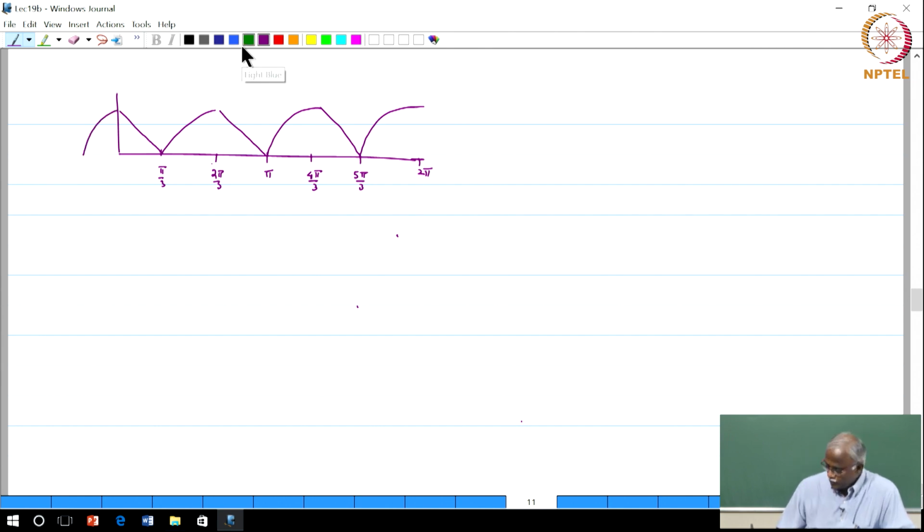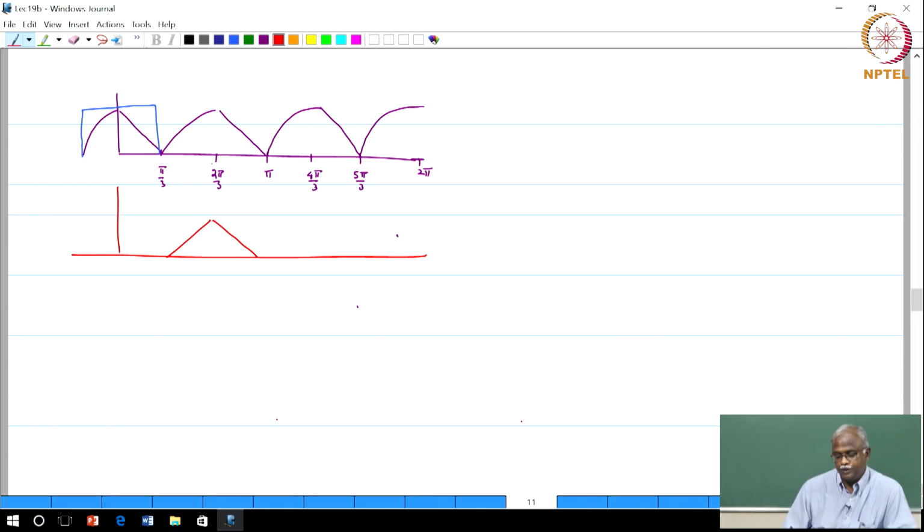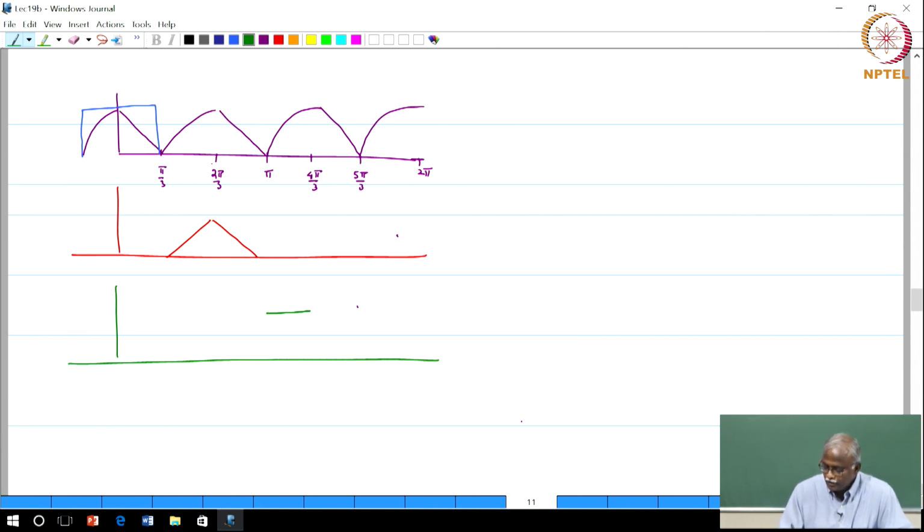So, the first branch is going to pick off the portion from minus π/3 to π/3. Likewise, if you look at the other 2 branches as well, then what we get is, in the second case you will get this portion of the spectrum, second branch. The third branch, the portion of the spectrum that gets retained is from here,